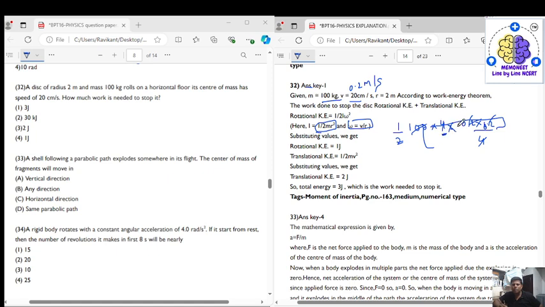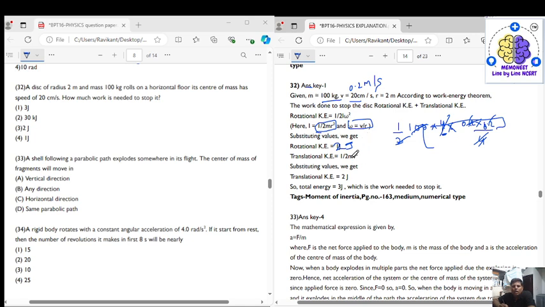This is half I. Omega is v by r. So v is 0.2, 0.2 into 0.2. Omega square is V square upon R square. R square is equal to 4. So this 4 and this 4 cancel out. With 100, the decimal place goes away. Now this 2 and this 2, we get 2 joule. So the rotational kinetic energy will be equal to 2 joule,